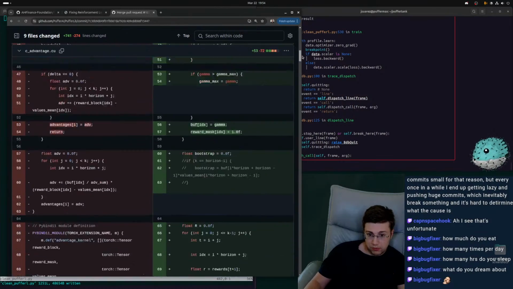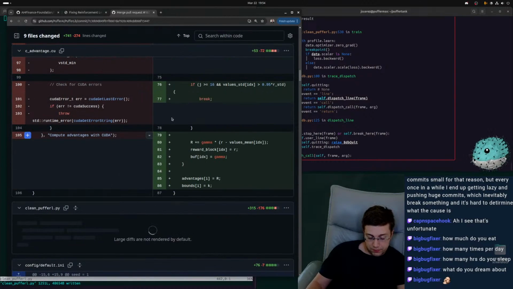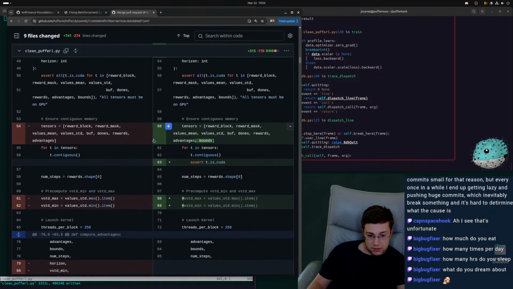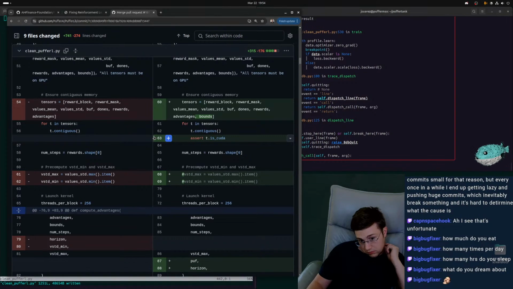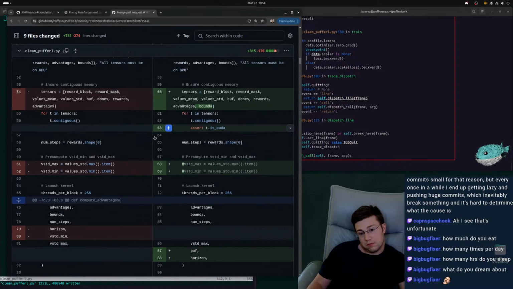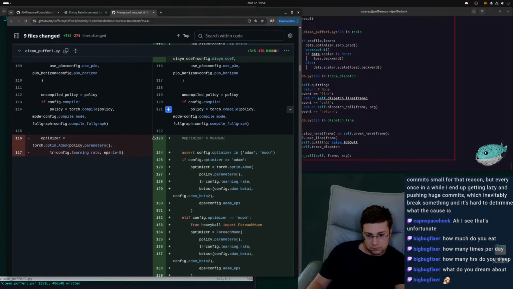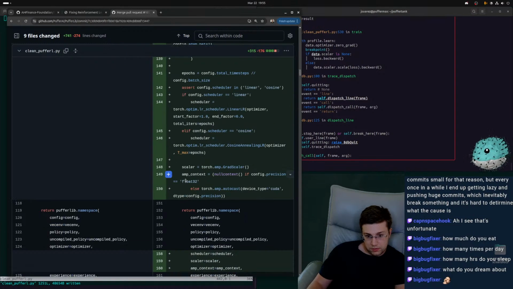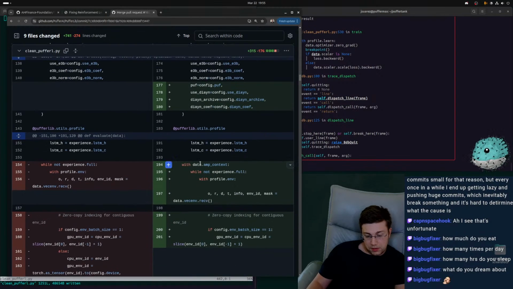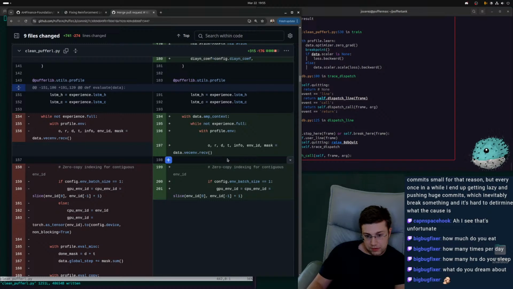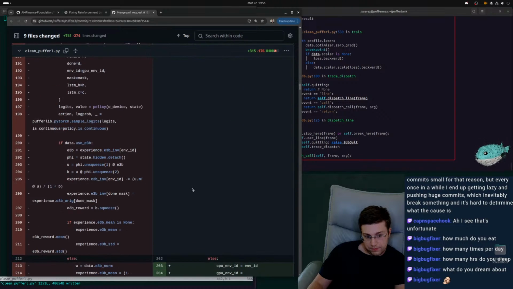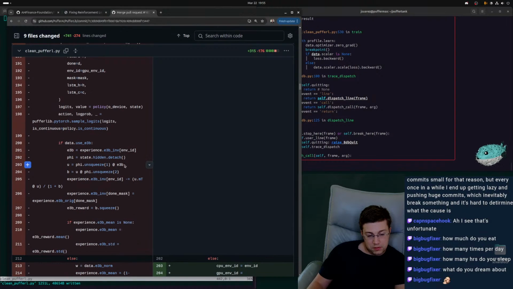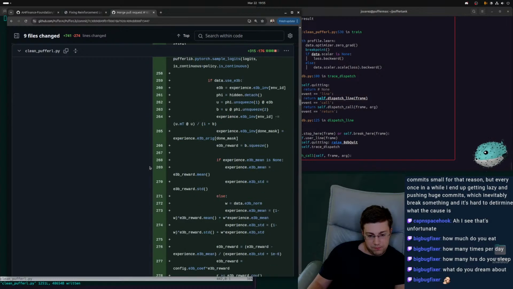Let's test. So I guess it's in clean PufferLib somewhere. Not seeing anything yet. Well, our eval should be the same. What about our training?